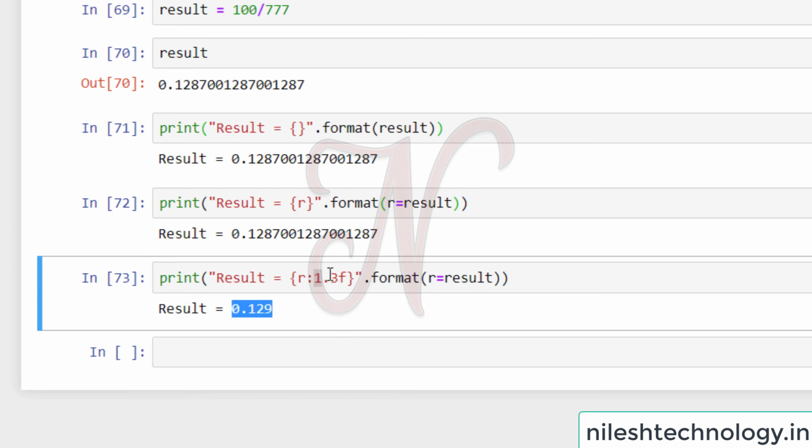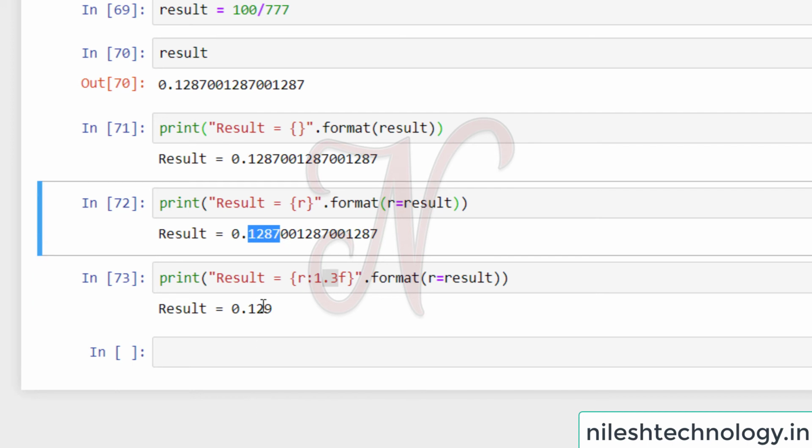Then dot 3 means the precision, that 3 digits after the decimal point will be printed. So my digits are 129. Here the original number is 1287, but the printed number is 129. Python is rounding this number, so 0.129.